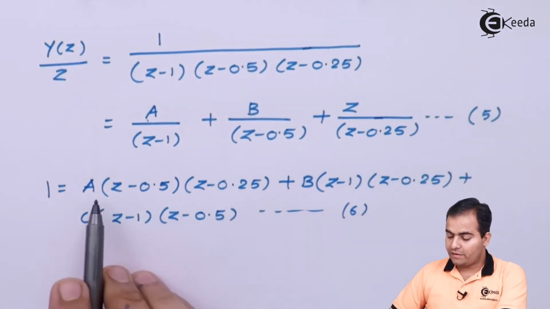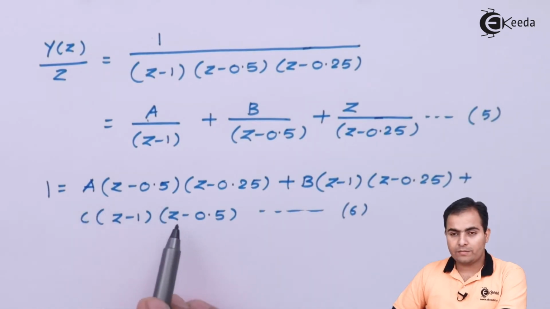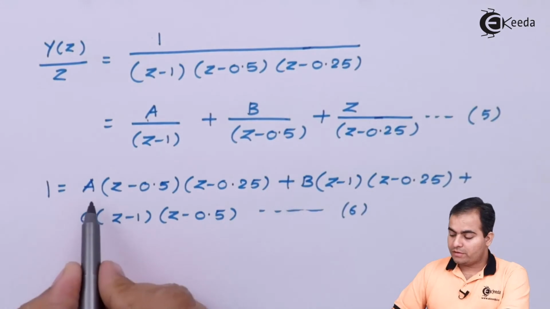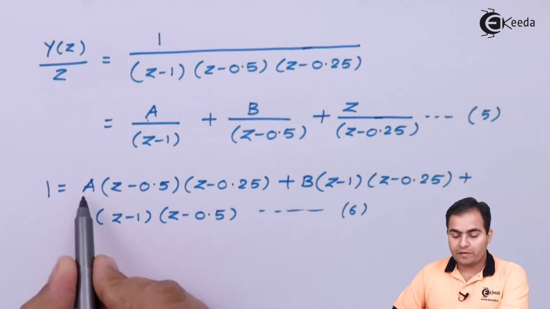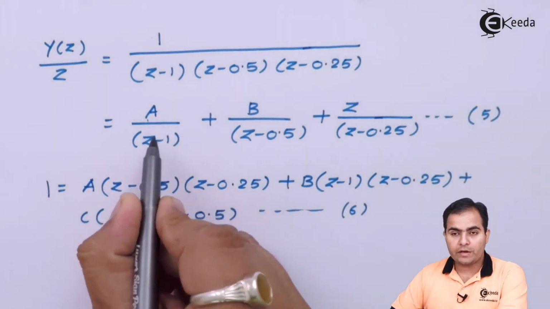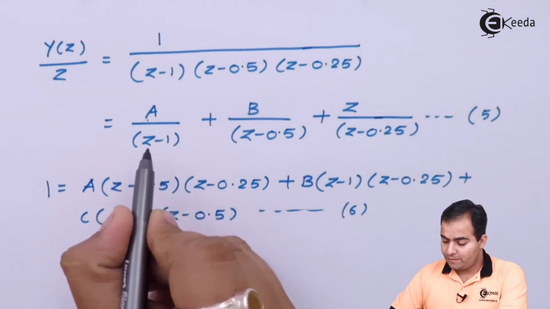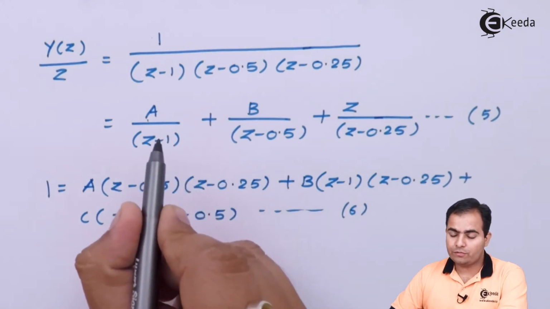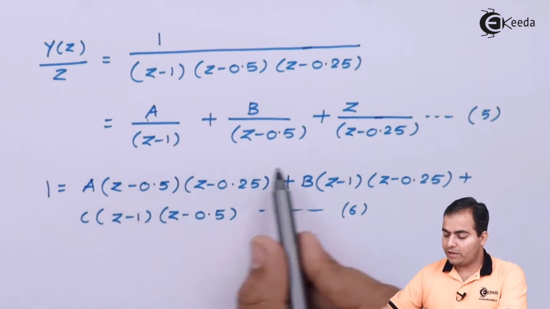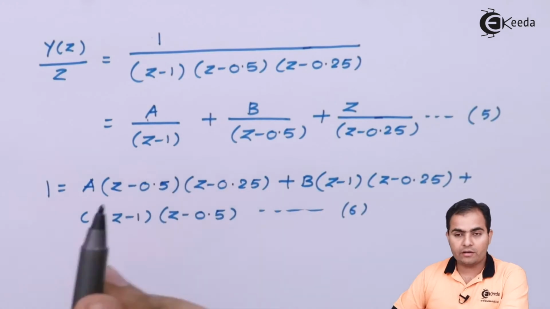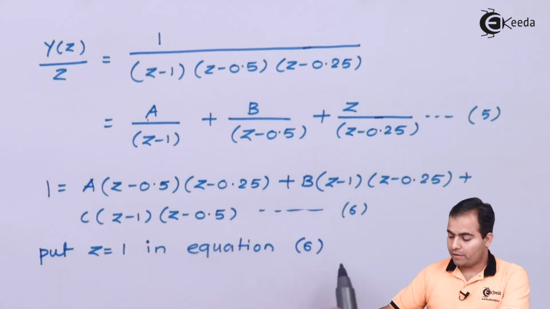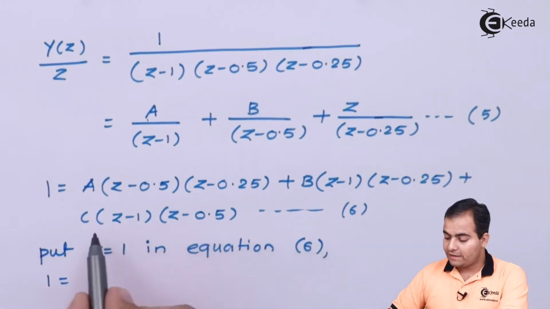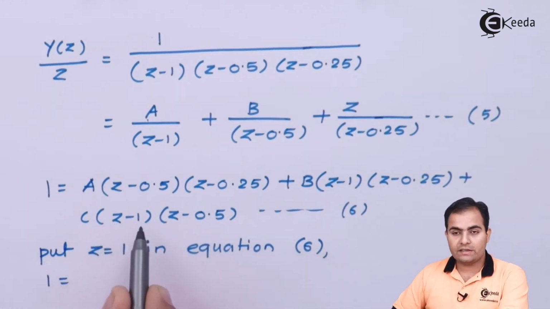So we are going to calculate the values of a, b as well as c, and then I'll substitute all these values in equation number 5. First of all, if you want to calculate the value of a, then just look at it. In the denominator of a we have z minus 1. Simply equate this denominator equal to 0. What you will get is z equals 1, and that value we are going to substitute in equation number 6 to get the value of a. So on the left hand side we will have only 1, but on the right hand side this z minus 1 will give us a result 0.